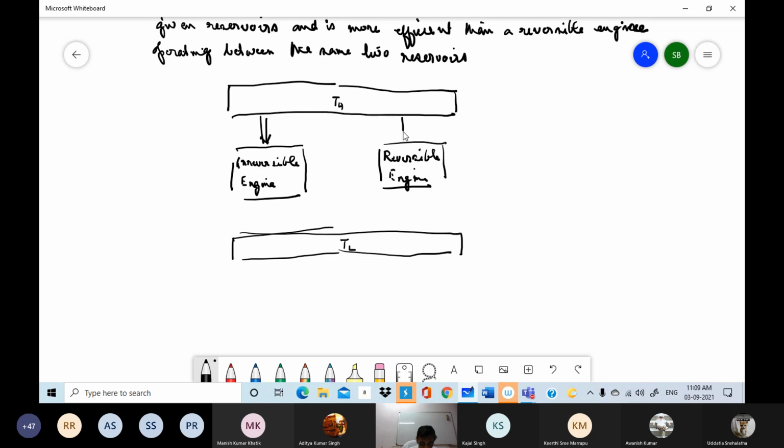Let us further assume that in both, the same amount QH is transferred from the high temperature reservoir to the engine during a cycle. Now I don't know whether the two have the same efficiency. Now the efficiency